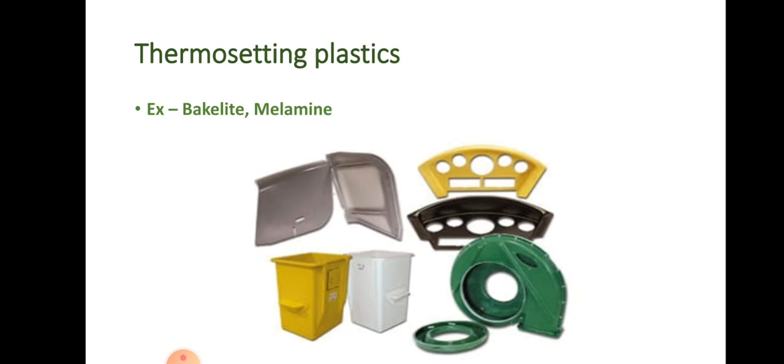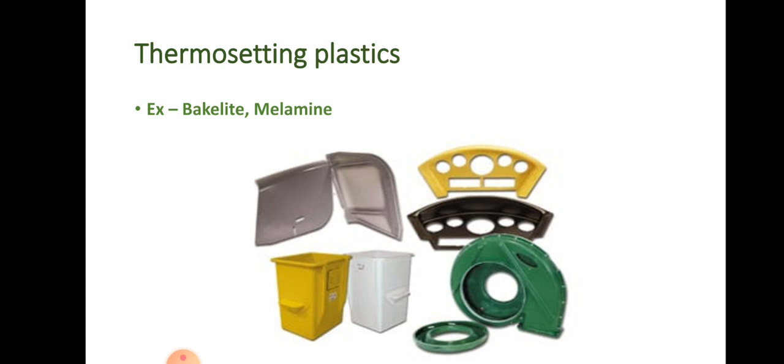And the next one, thermosetting plastics. Okay, there are some plastics which, when molded once, cannot be softened by heating. Therefore they cannot be melted by heating either. So these plastics are called thermosetting plastics. The great examples of thermosetting plastics are bakelite and melamine. Bakelite is a poor conductor of heat and electricity, and it is used for making electrical switches, handles of various utensils, etc. Okay, because it won't conduct heat and electricity.